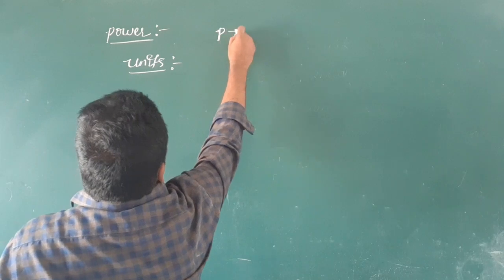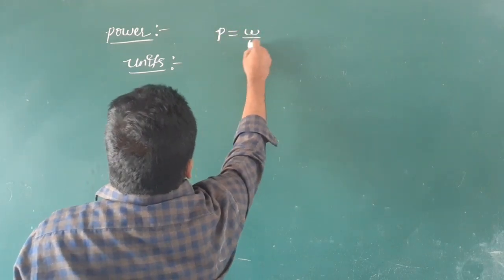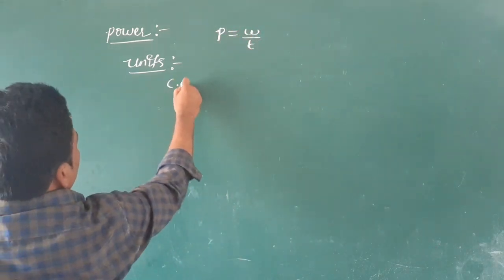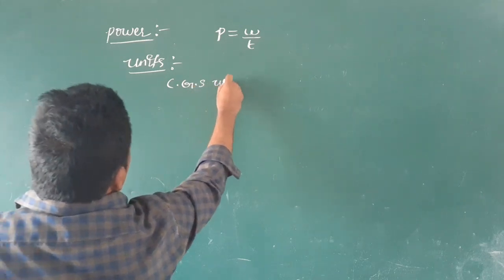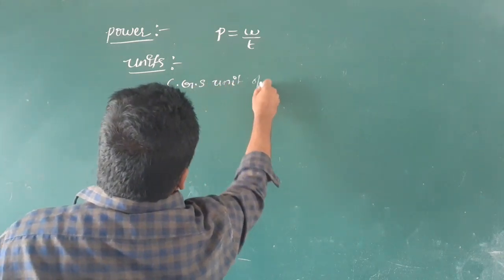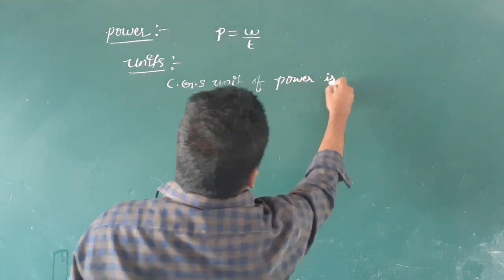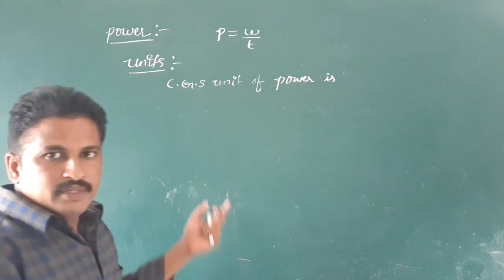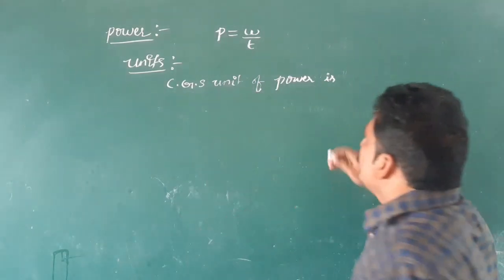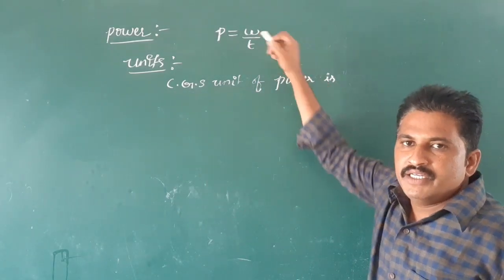We know power P is equal to work done by time. See here, CGS unit of power is, from the formula work done by time,